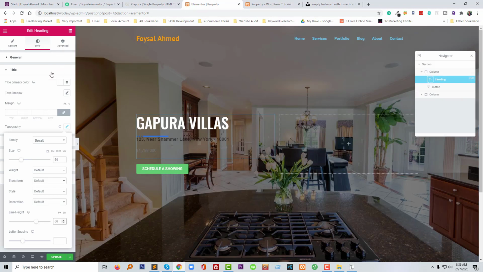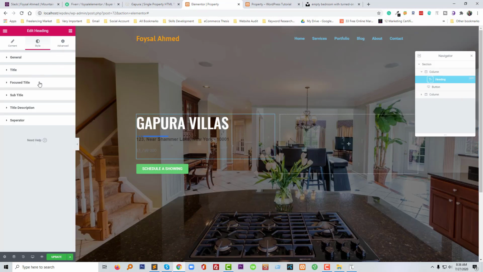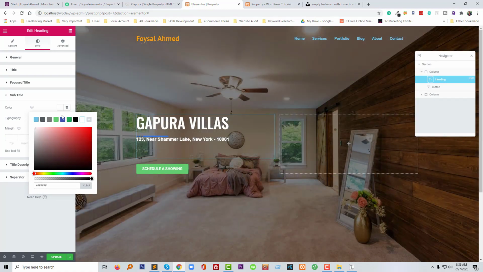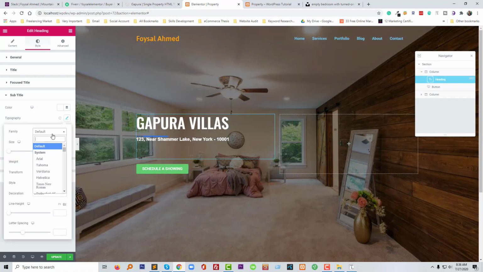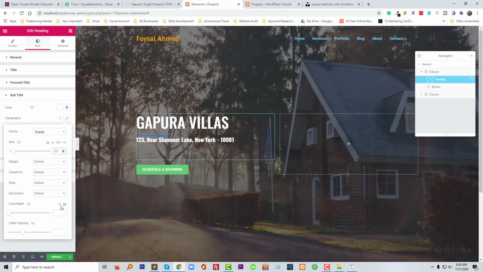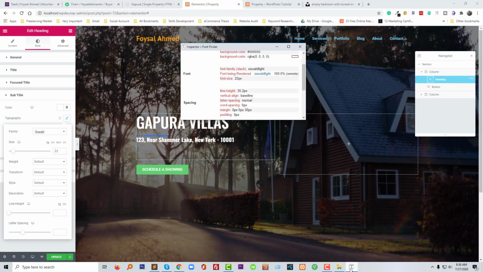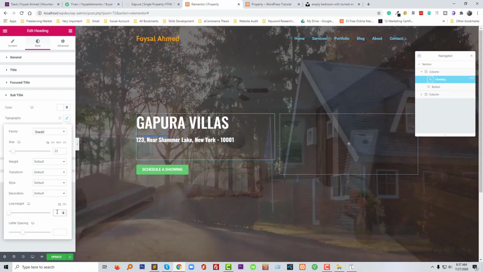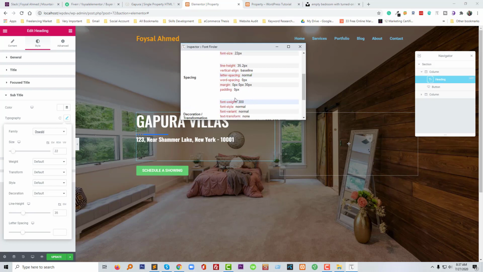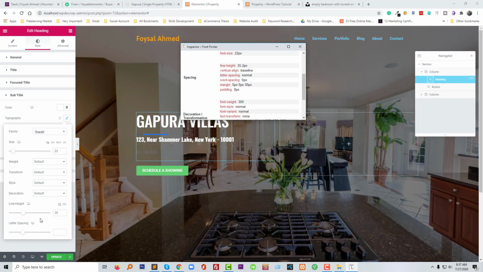So I'm going to click on the focus title or subtitle, color, width, typography Ausland, font size 22, line height 25, then letter spacing normal. Okay,